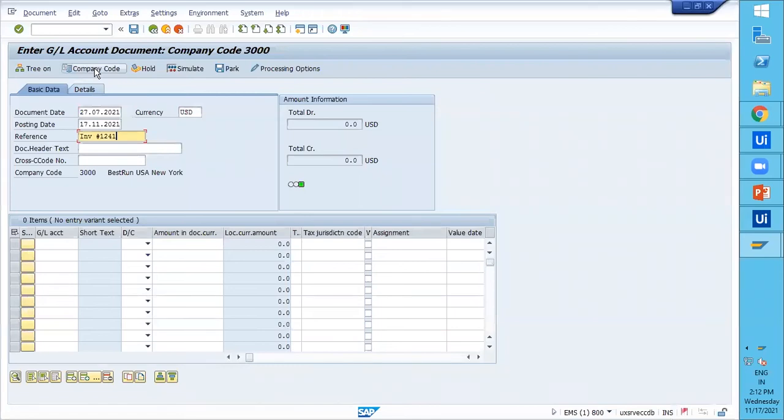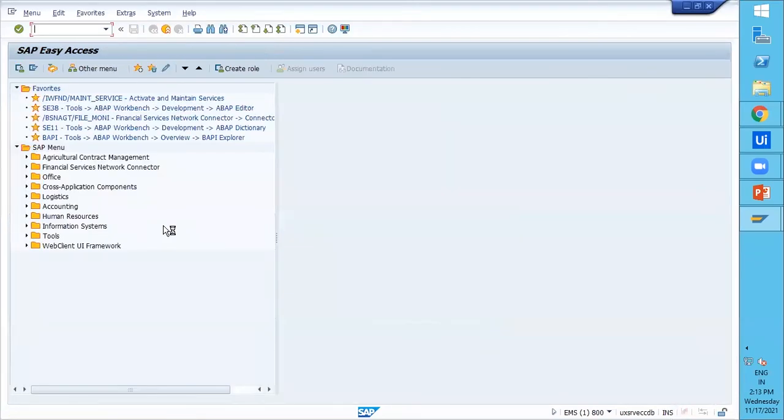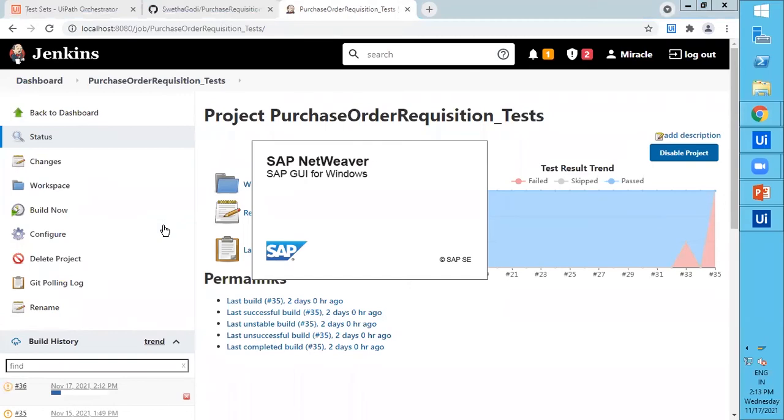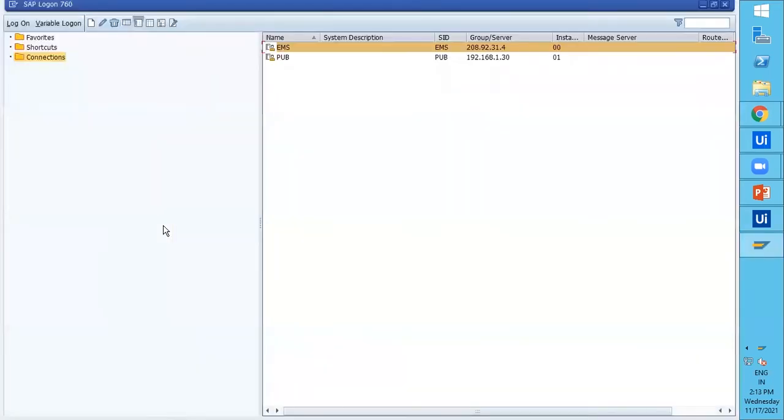Here, the bot fetches all the data from the Excel sheet. Then it validates the actual and expected output. If both are the same, then the test case is successful. So yes, we got the document number. This is the actual and expected result, so this test case will be passed.